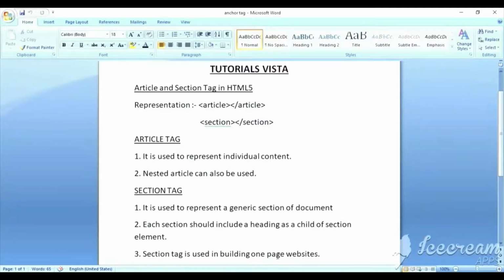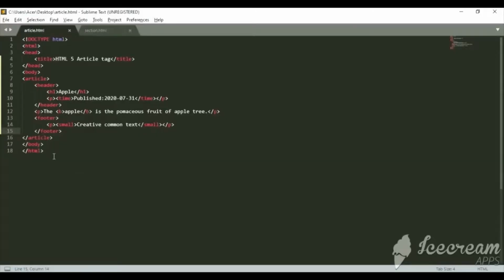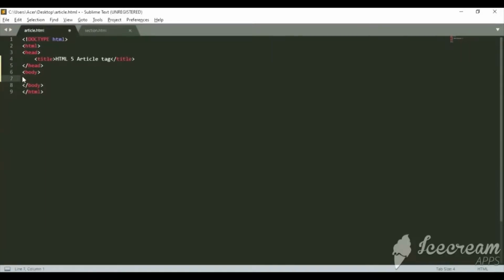Firstly, we are going to see how the section tag is used in basic terms. So I'm going to remove this code from here. What I'm going to write over here is article. The section tag, as we have already discussed, is a part of the article tag. So I'm going to write over here section, and in section it is compulsory to use a heading tag, so I'm going to use a heading tag over here.